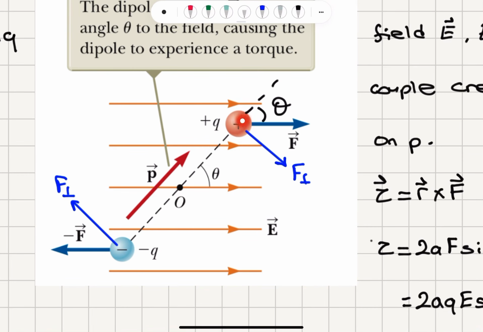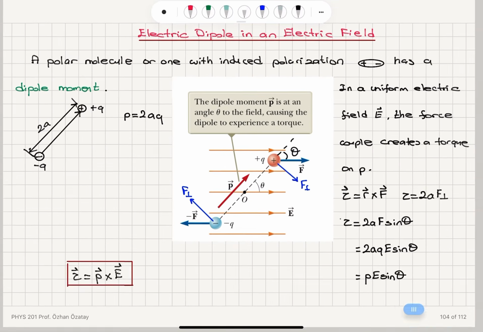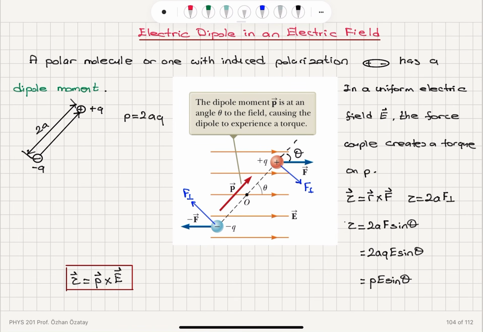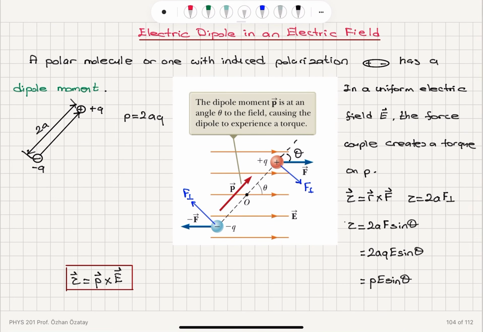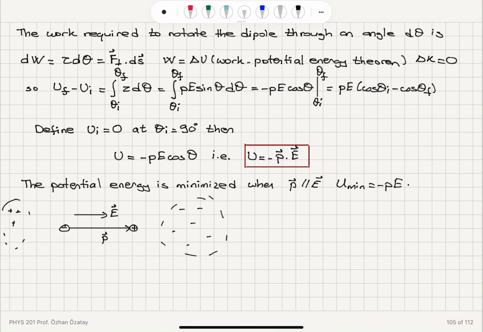If this electric dipole moment vector makes an angle theta with respect to a uniform electric field, it feels a torque due to this force couple, which is given by the cross product P cross E. And the potential energy of this configuration can be calculated by considering the rotational work done by rotating this dipole moment vector through an angle d theta, integrated from theta initial to theta final. This gives me potential energy minus P dot product with E if I define the potential energy to be 0